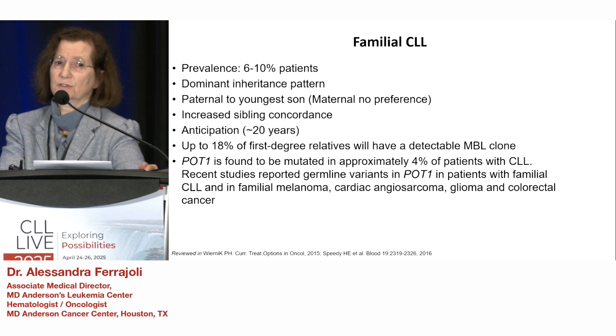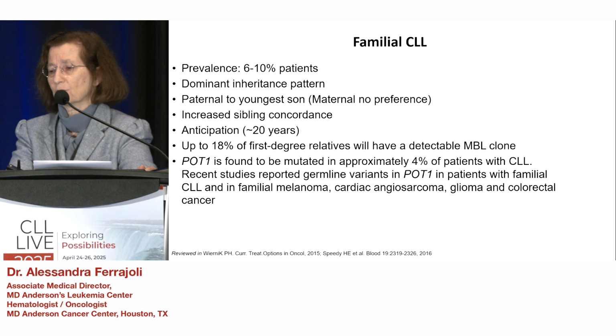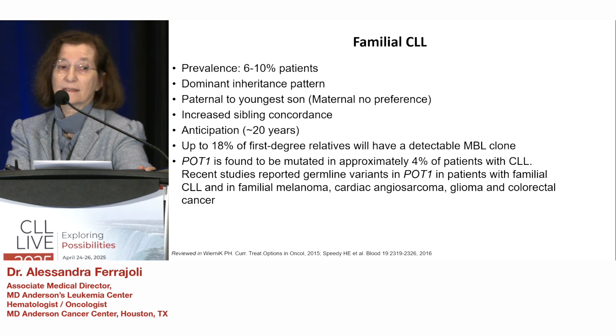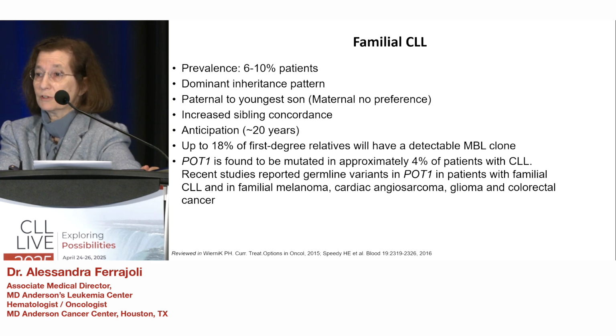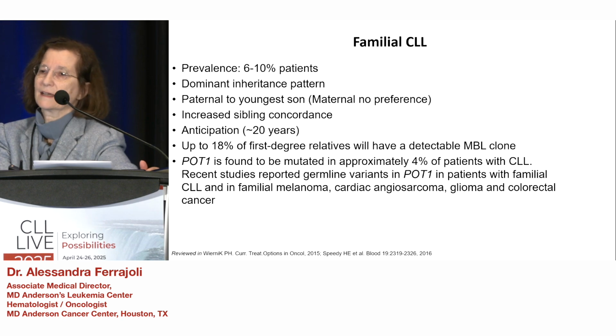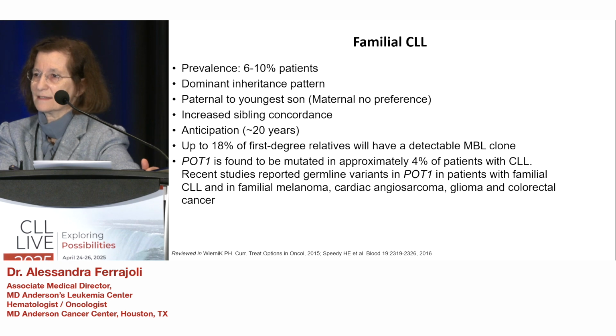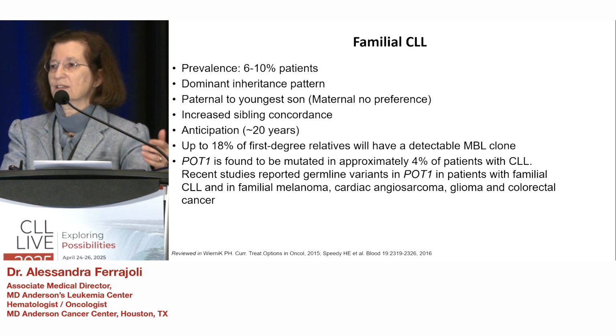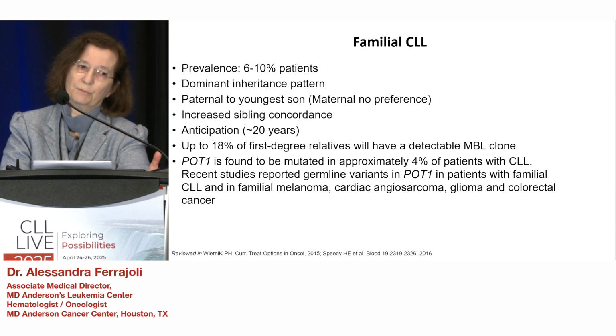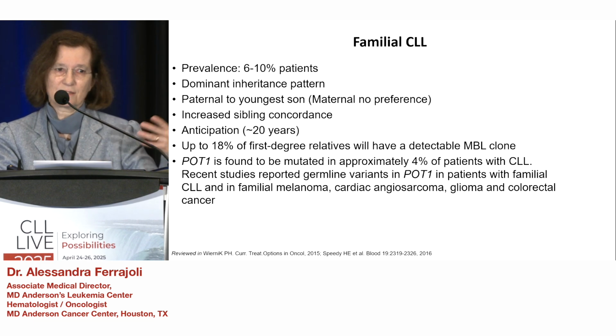However, 1 out of 10 patients can have what is called familial CLL. So familial CLL is a real entity. There are families where this is more common. It follows a dominant inheritance pattern. When it's from the paternal side, it tends to be transmitted most commonly to the youngest son. There is no preference when it's on the maternal side. What we see is multiple siblings with CLL, and there is a phenomenon called anticipation, where each generation is diagnosed sooner. Of course, this could be in part because of the knowledge of the presence of the disease in the